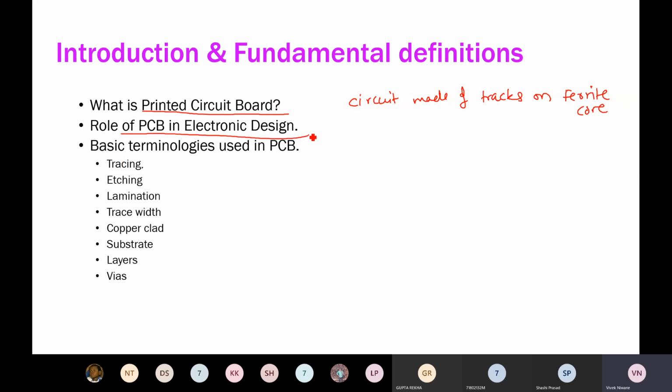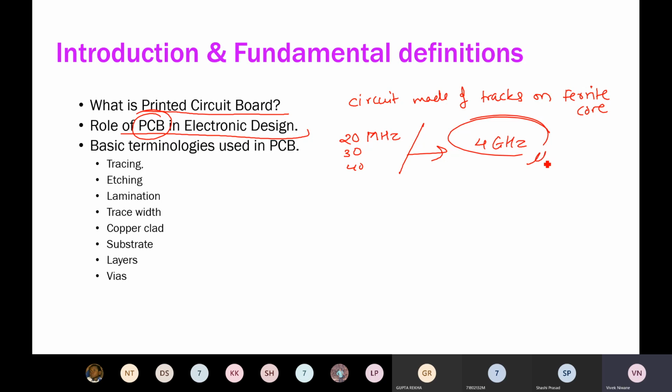Then, role of PCB in electronic design. Everyone knows that if there were no PCB till date, we would have computers of room size. PCBs are very important, and as design techniques and technology increase, it is getting more and more difficult, because around 20 or 30 years back we were having designs in the range of megahertz. Like Nokia phones, whose processor works on 20 megahertz, 30 megahertz, 40 megahertz. But nowadays your processors, maybe in the mobile, maybe in the computers, work around 4 gigahertz.